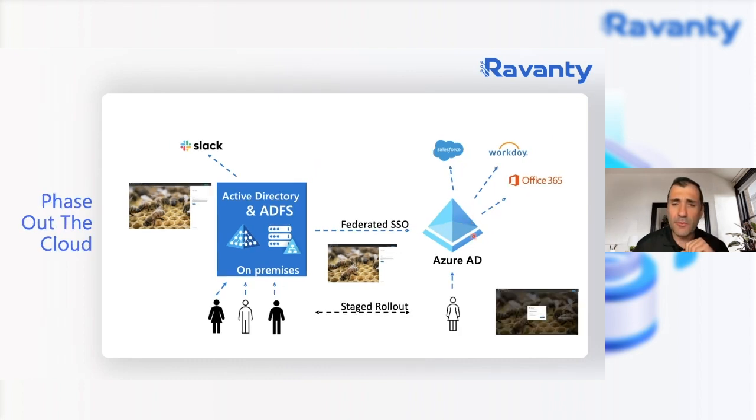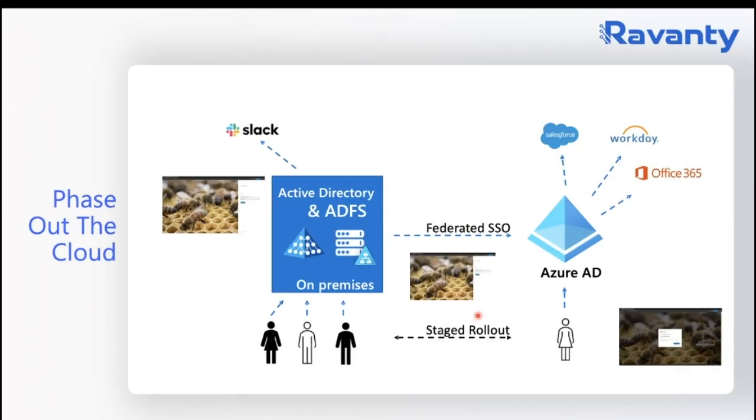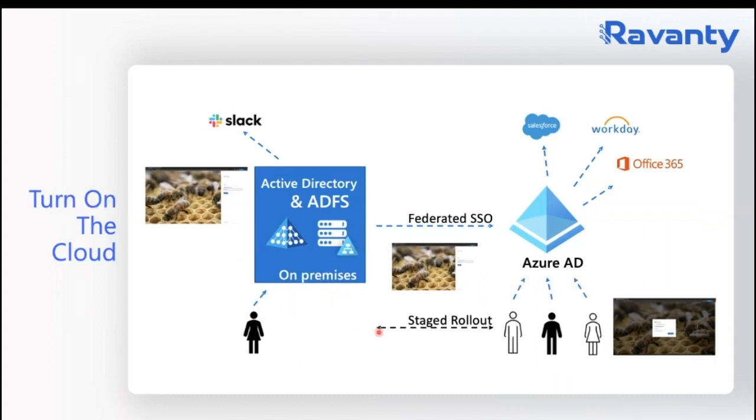Now, here we move some users in what's called a staged rollout, and we'll talk about what that means. Basically, you move a pilot set of users, you move their authentication to Azure Active Directory. So if this user here logs into Azure Active Directory, instead of being passed to your ADFS and seeing your ADFS logon, they log in directly to Azure AD. Once they log in, they get access to the different applications, and they're no longer dependent on the ADFS logon experience.